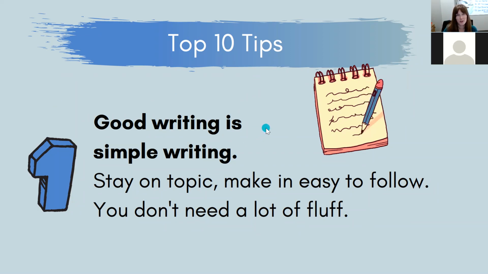Staying on topic is another part of that. You don't want to ramble too much about any one thing. So maybe you want to introduce someone in your life who's been impactful. You don't want an entire paragraph about that one person. You really want to stay on topic because this is a document about you. So you can mention them, talk about how they were impactful for you, but then also what you've taken away from that. Don't spend too much time on something other than you and your entire point that you're trying to make.